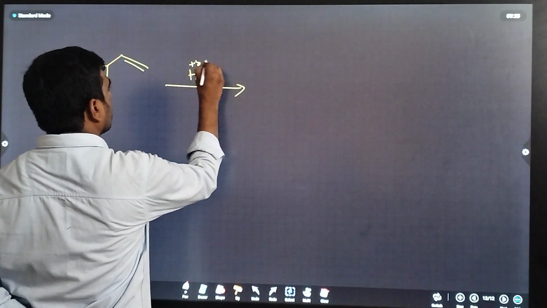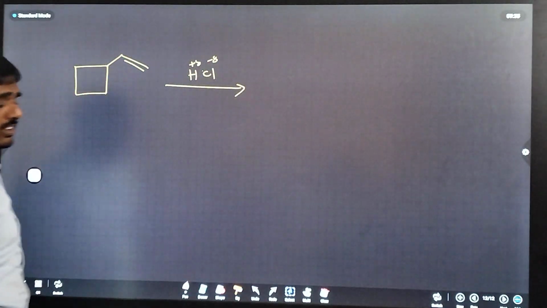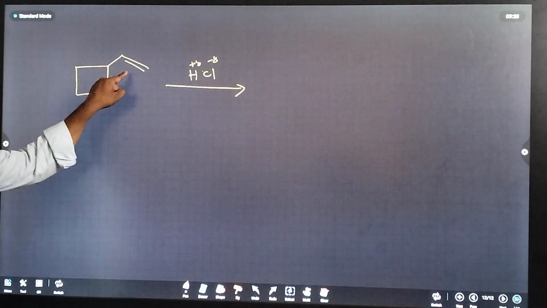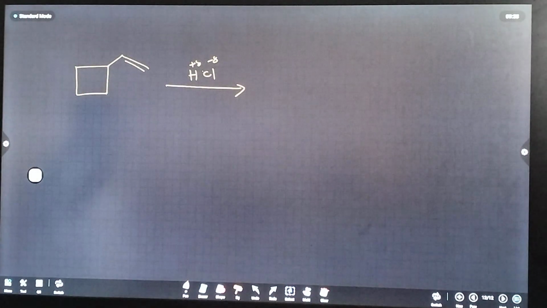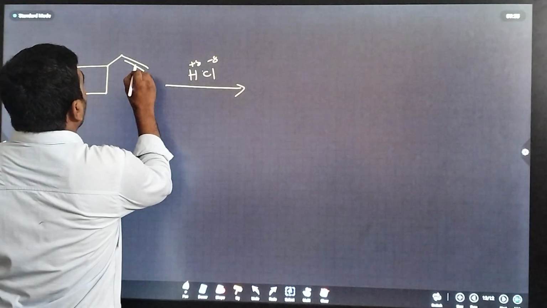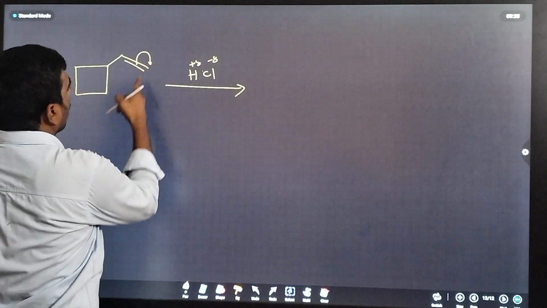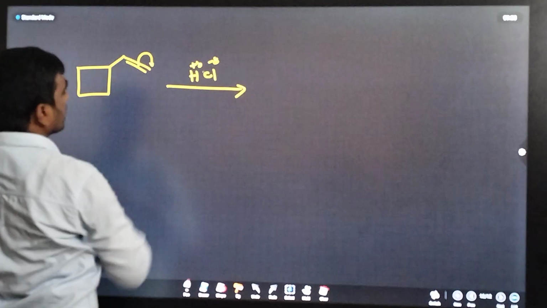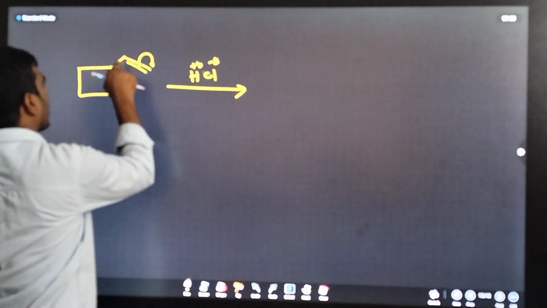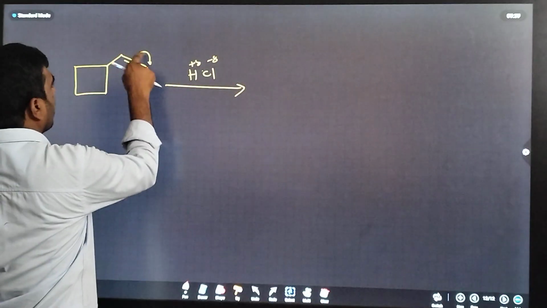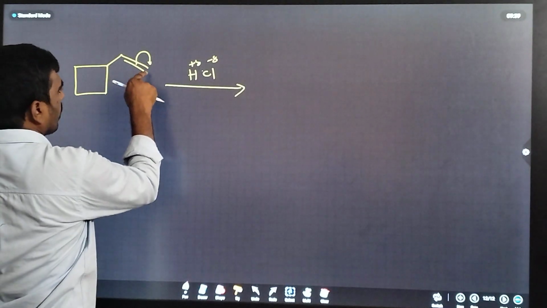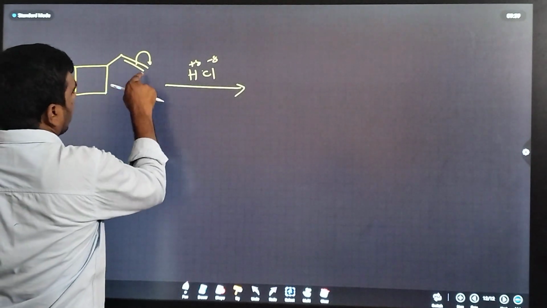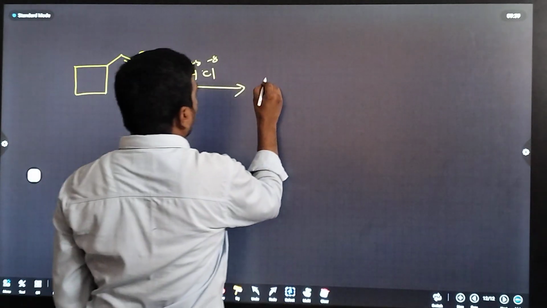This is the plus, this is the minus. Here a double bond is there, an alkene. Electron displacement is towards this carbon, so this carbon gets negative and this carbon gets positive. The secondary carbocation is more stable, so that's why the electron displacement is towards here, this carbon gets negative, and the positive is attacked. So we get